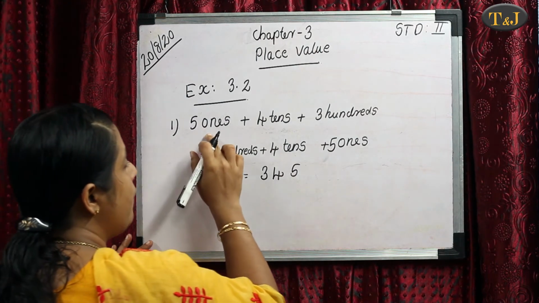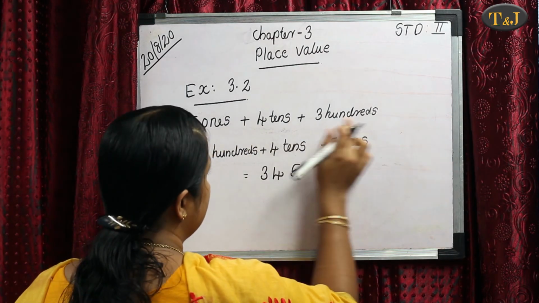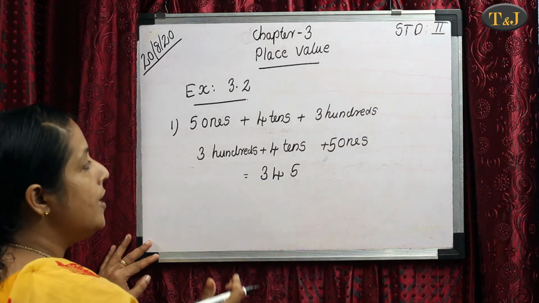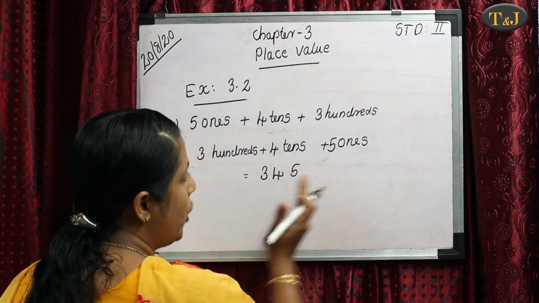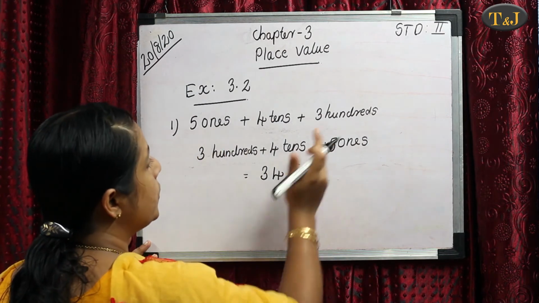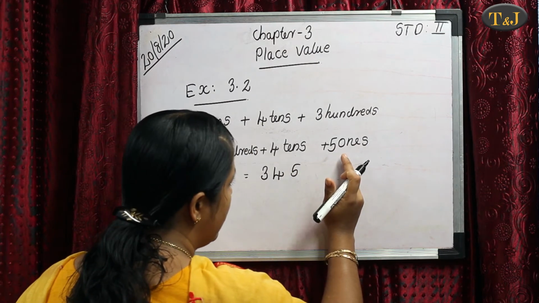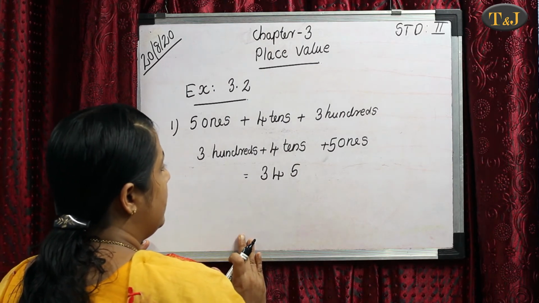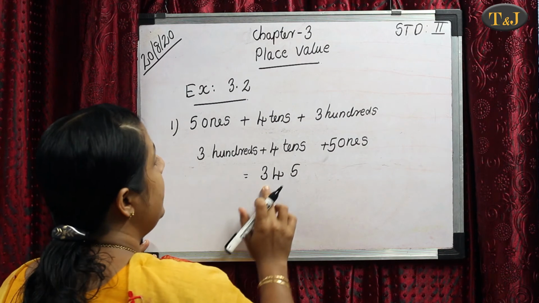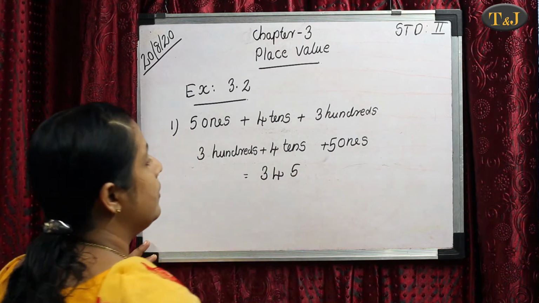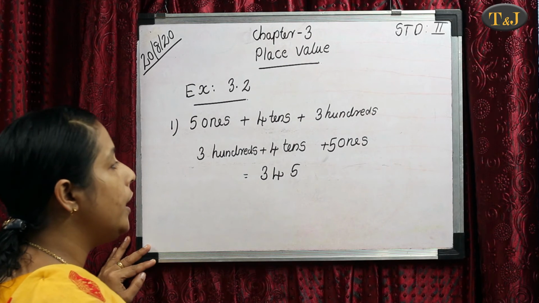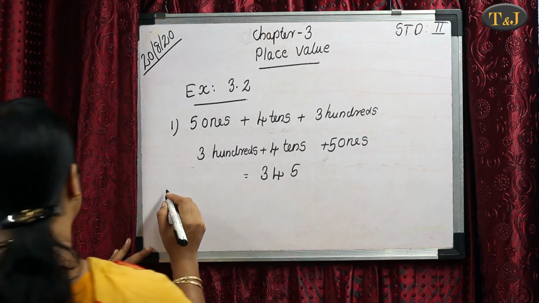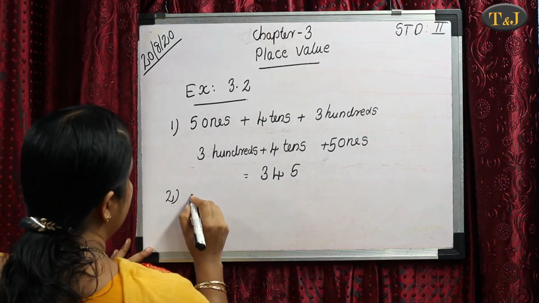Please listen. Our question is 5 ones plus 4 tens plus 300. This is not in correct order. Our order is ones, tens, hundred. So first we arrange that order. Ones, tens, hundred. And also write its positional values. That is 5 ones, 4 tens, 3 hundreds. Then we write the number as 3, 4, then 5. That means the second step is we write only the numbers, that is 3, 4, 5. That is 345.